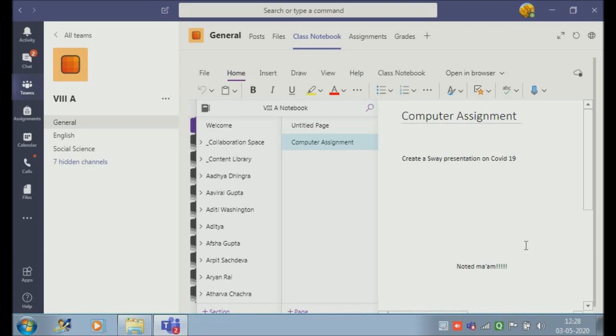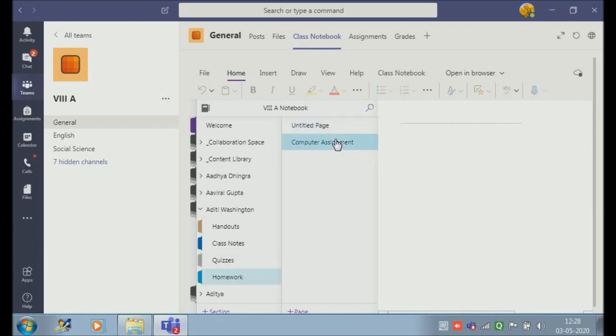So this is how students will get the notification about the work which we send to them. I can show you another child's notebook where in homework section again you will get the same assignment which I have posted to all.